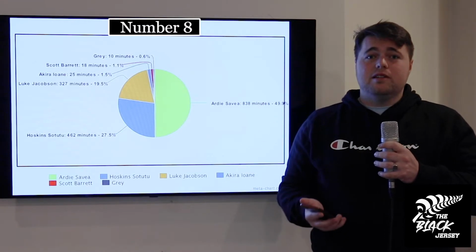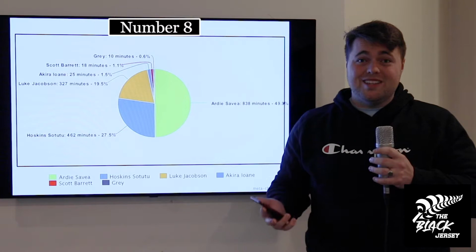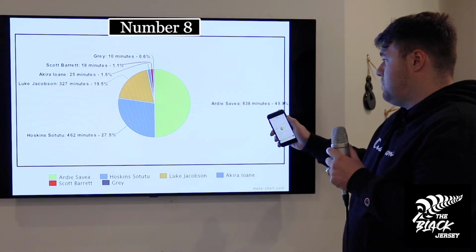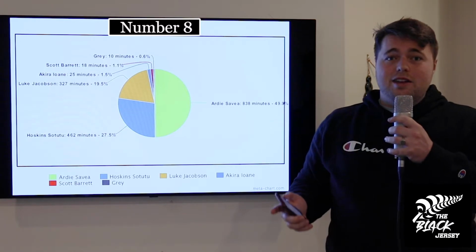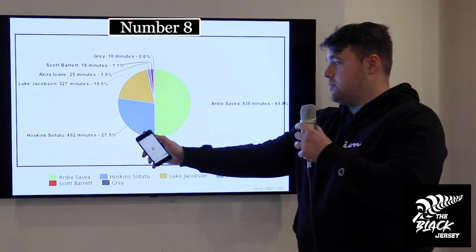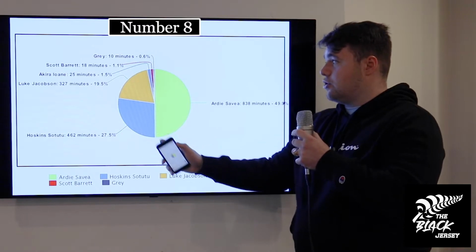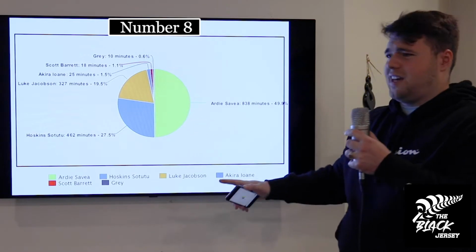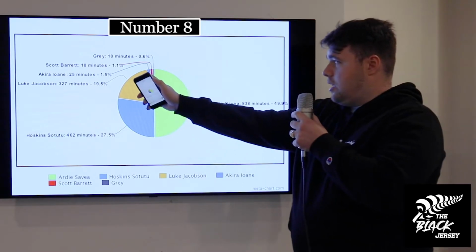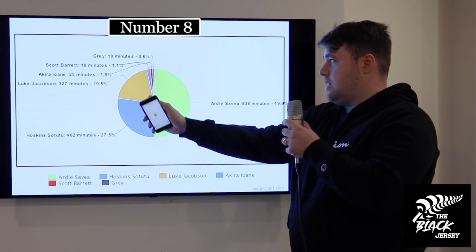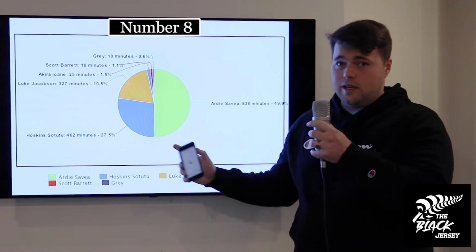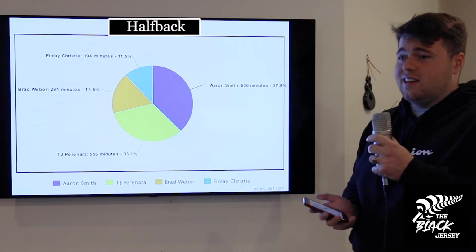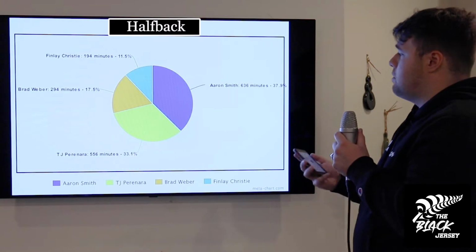Ardie Savea has played a total of more than 1,100 minutes since 2020. As you can see, he's played close to 50% on the dot of the minutes at number 8. Hoskins Sotutu comes in with 462 minutes as a second choice. Luke Jacobson is the third choice. We then have a couple players who have just come in here and there off the bench. Ioane and Scott Barrett have covered some minutes at 8, and then 10 minutes, which was a yellow card to Savea, has gone grey. We're then going over to the halfback, and this is another really good looking depth chart